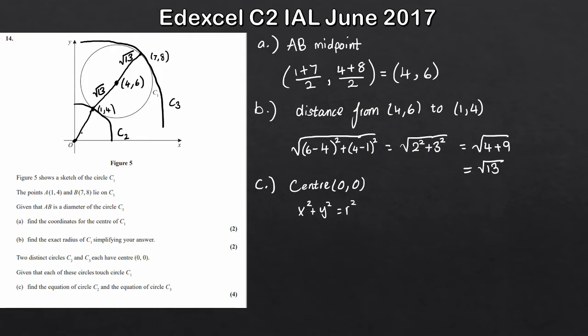Okay, obviously that should be a straight line, but my artwork's terrible. So we need to work out what this length is here. Now the easiest way to do that is to consider this whole length here from (4, 6) to the origin, and then subtract the root 13 off. Because we know this length from here to here is root 13. So if we work out the full length and subtract root 13 off, we've got the length here for this radius. So if we work that out, calculating the radius for C2,